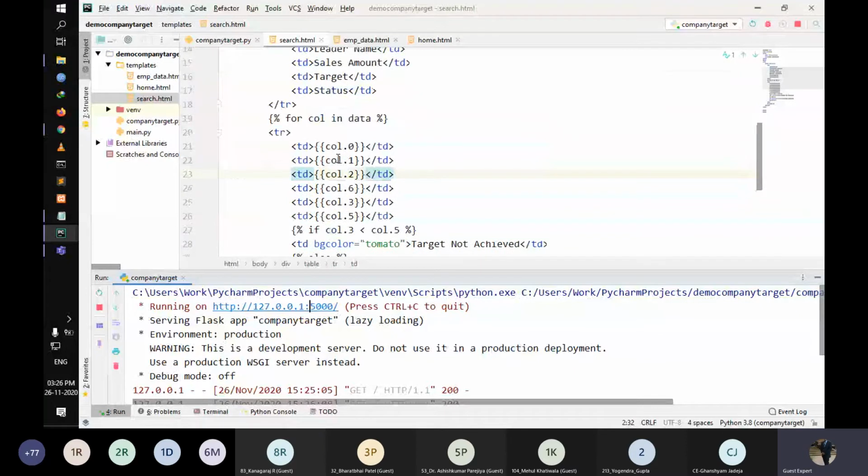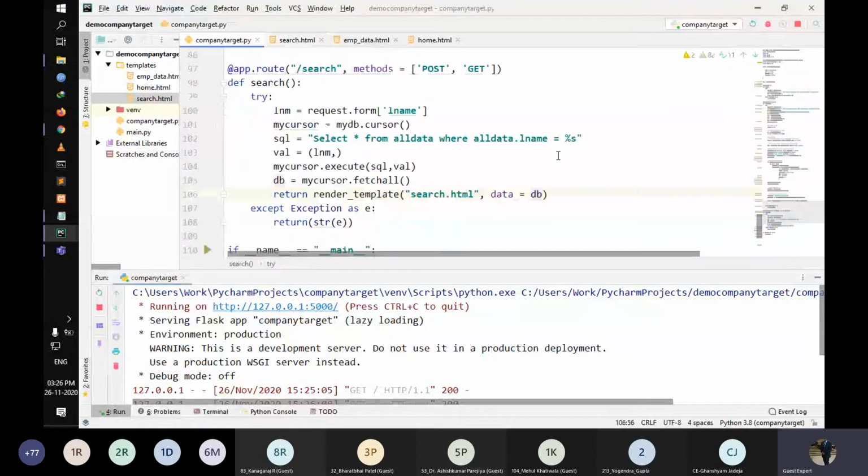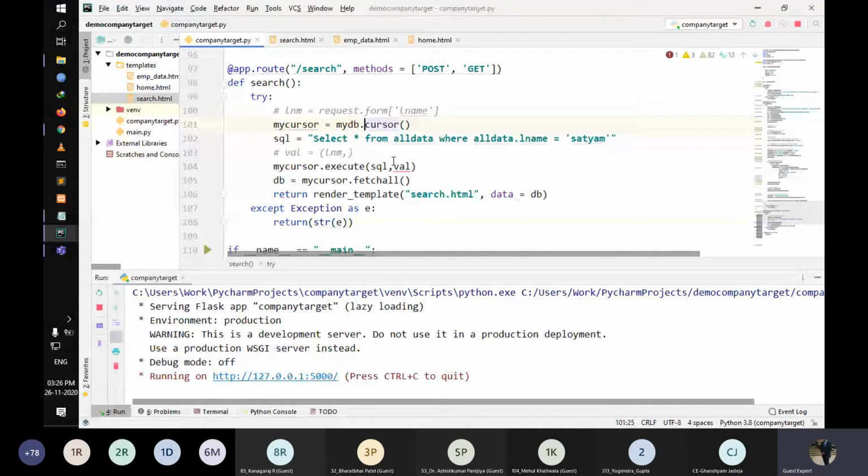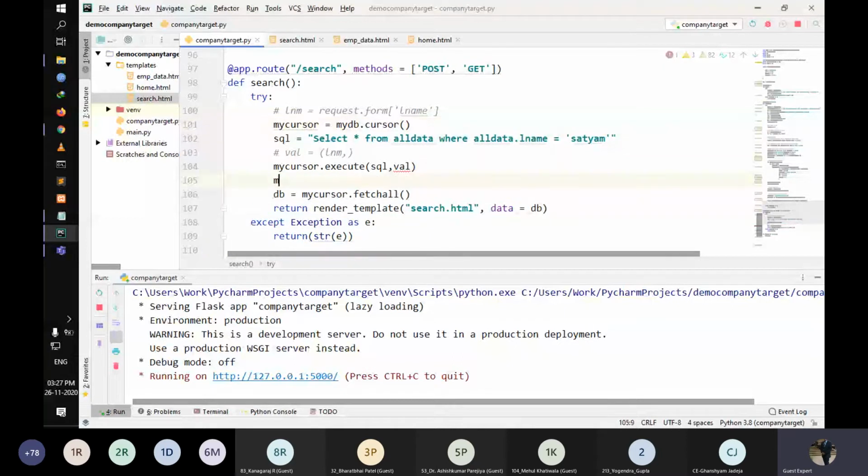Why are they making a mistake? So show your last one projects. Value.